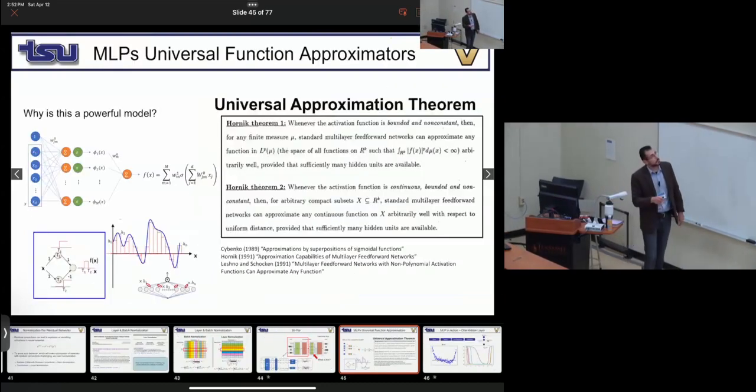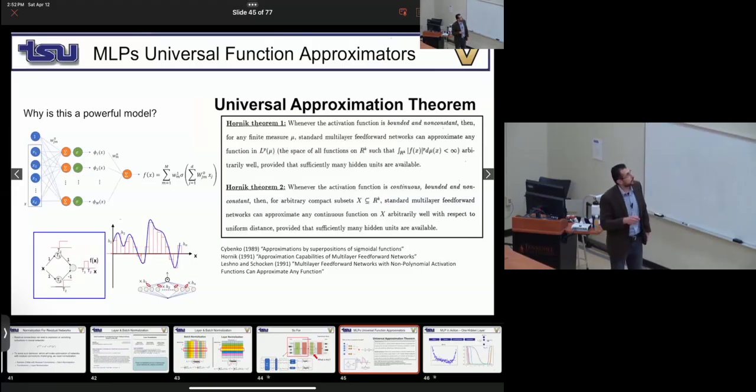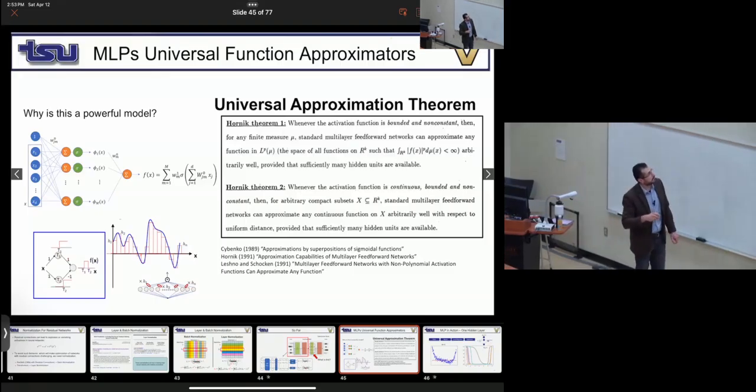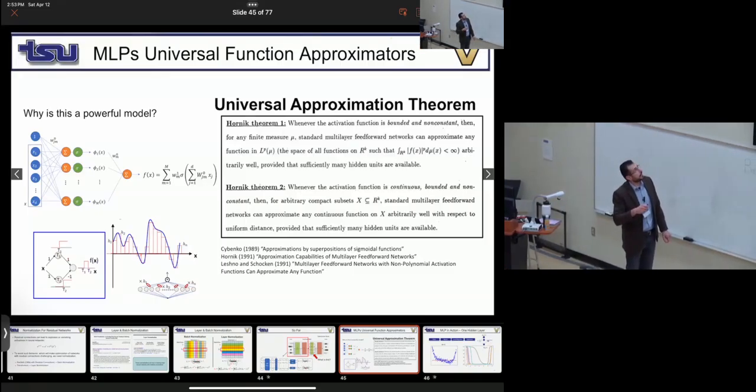We know that multi-layer perceptrons, again, Professor Huo talked about this, are very powerful computational units. If you have a multi-layer perceptron with one hidden layer, you can show that it's a universal function approximator, given that you have enough neurons in your hidden layer. What I mean is that you can think of your activation as something like a sigmoid or a step function. And if I have two of these step functions, I can create a